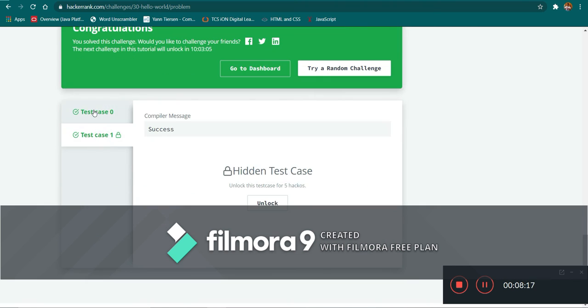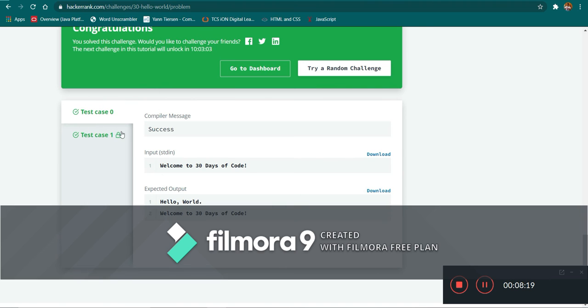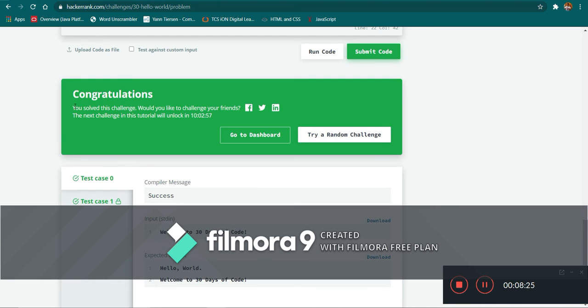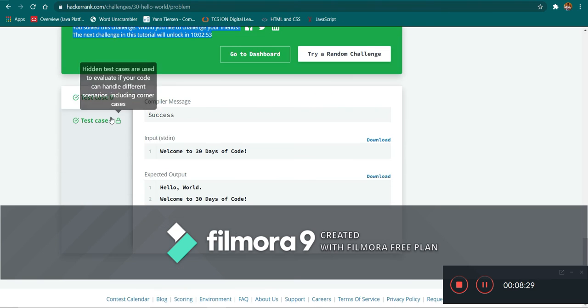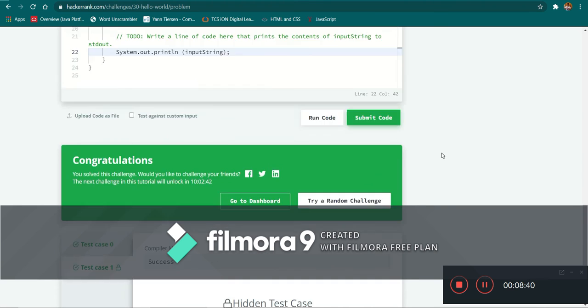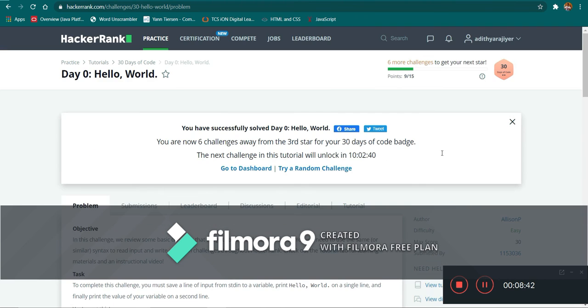Both test cases of this program have turned out to have a correct output, which means our code is correct. It will display this message if your code has been submitted successfully. Now there are many hidden test cases for each program that you submit on HackerRank, which you can unlock using Hackers. Hackers are credits which you earn on HackerRank for completing programs.